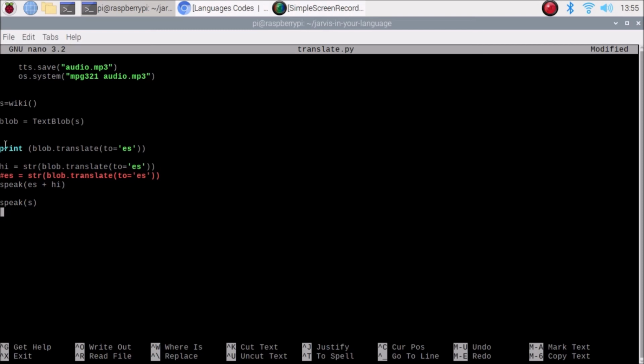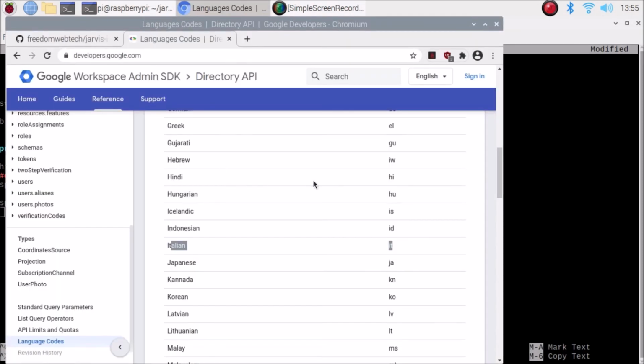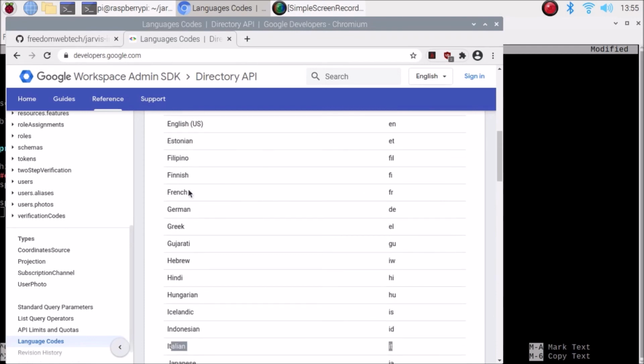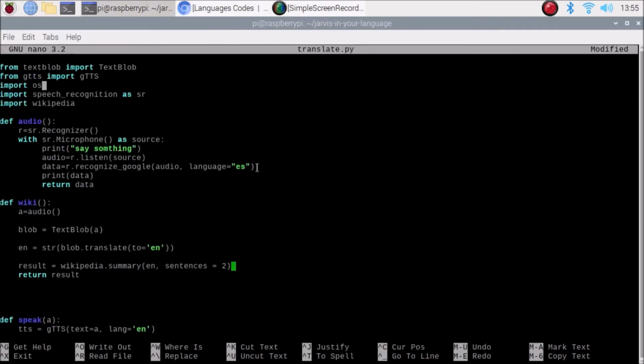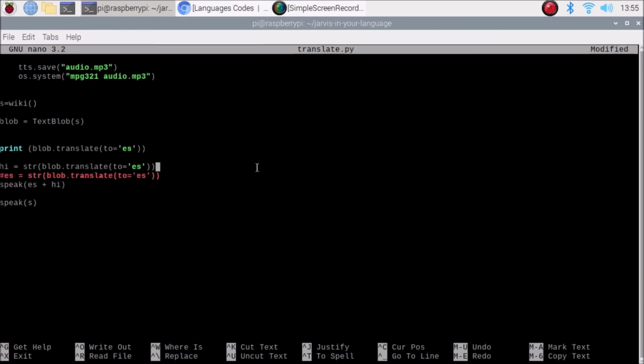Okay friends, so I will show you an example here. Let's say I just want to go with French. So FR is the language code. So what I am going to do, just scroll up here friends, I am going to set FR as our language code, the French language code. Then scroll down, and here we need to simply change this HI with FR, which is our language code. This is just a variable. So FR is not basically the code, this is just a code which I have used as a variable.